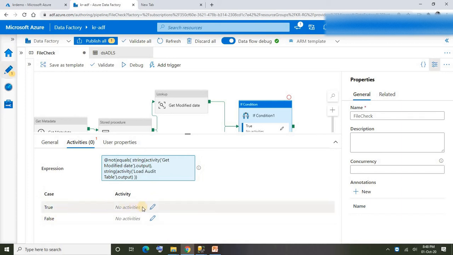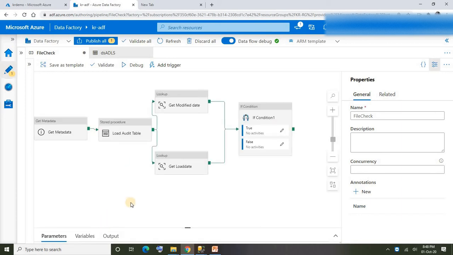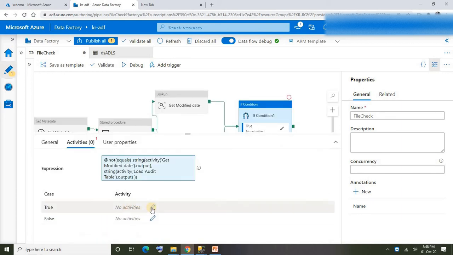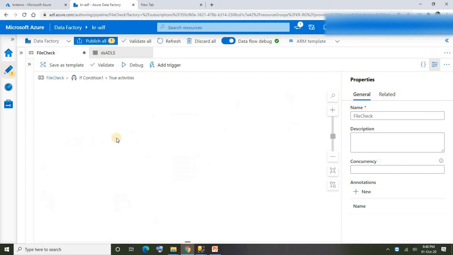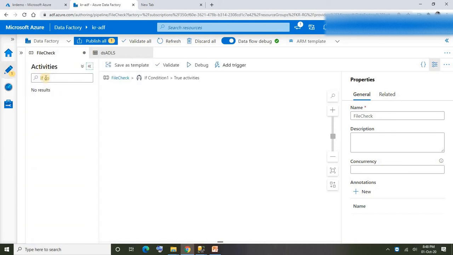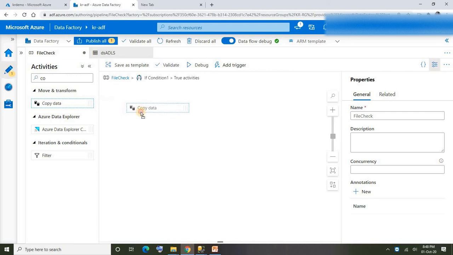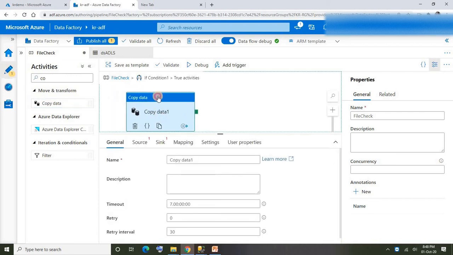Under true, just go to the true condition, click on this icon and add whatever activities you need to execute when it evaluates to true. So what I'm going to do: if both are not the same, that means it evaluates to true. I want to load the data from the file into the table.